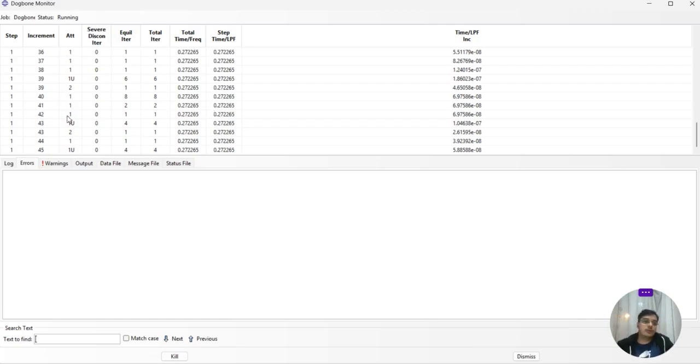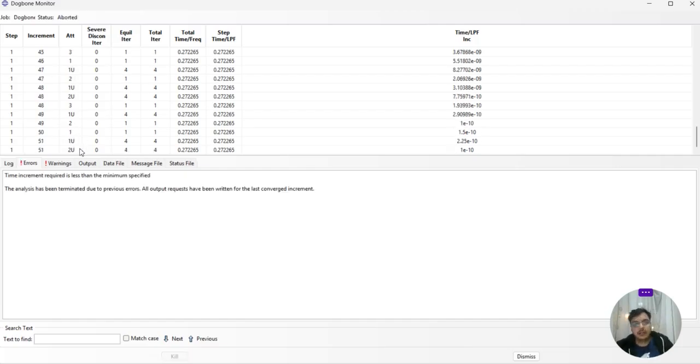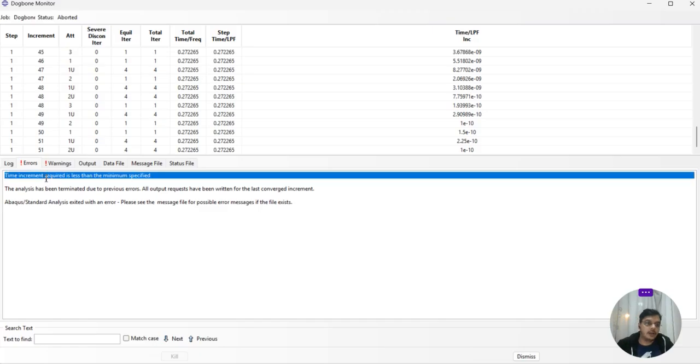So whenever you see one U here, it is an unsuccessful attempt by the solver. Again, as we can see at 1E minus 10, it aborted and it needs a smaller increment time. So what exactly is happening? Let's say